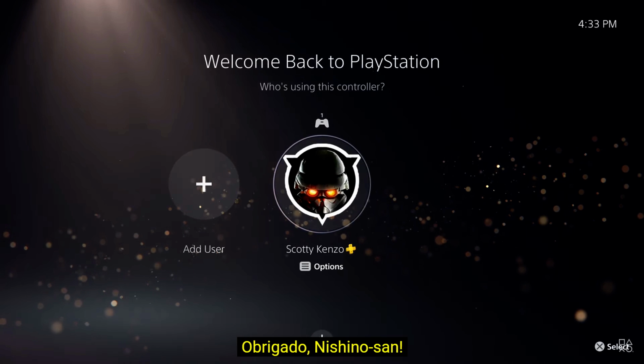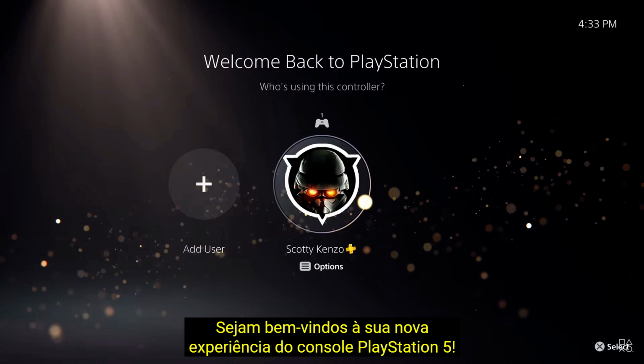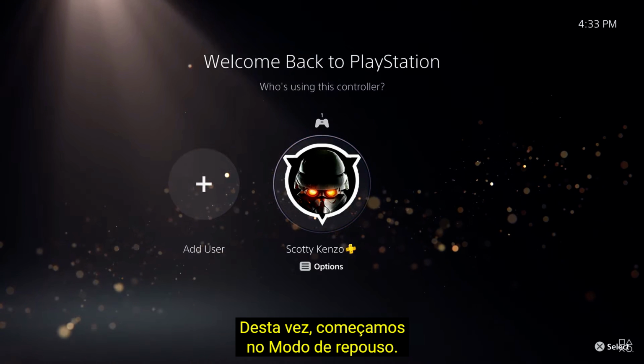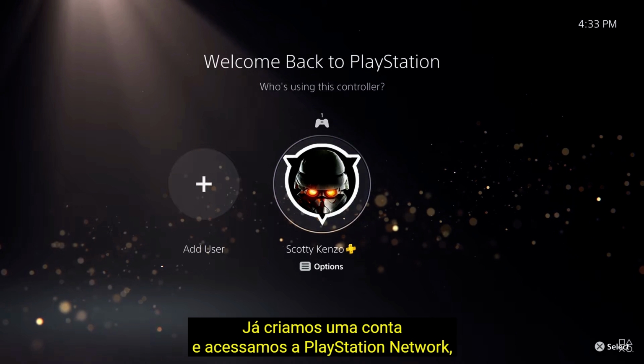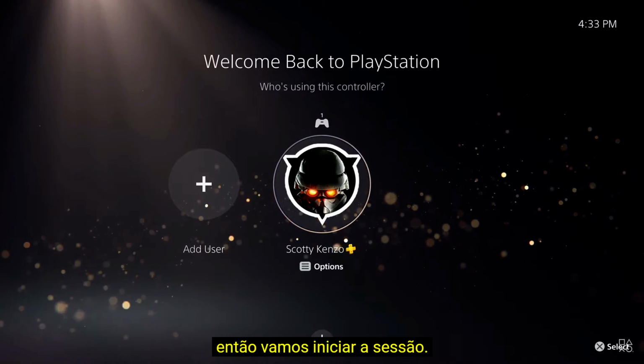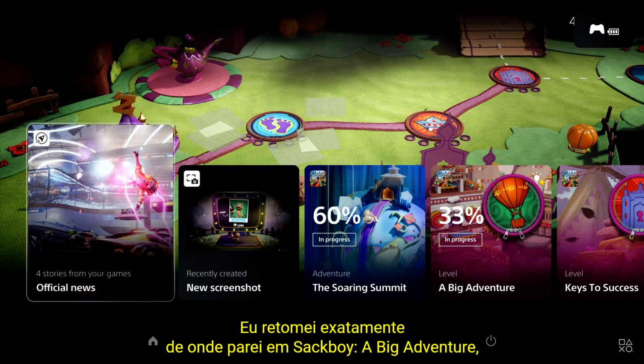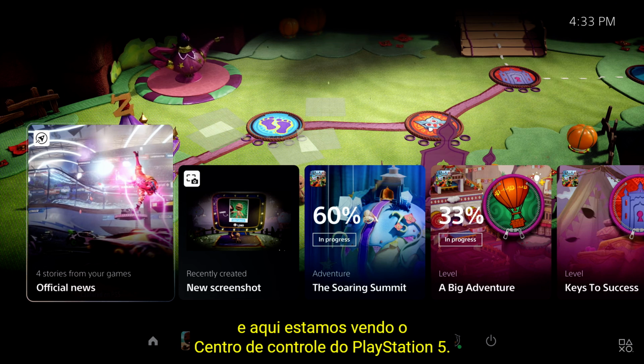Thanks, Nishino-san. Welcome to your new PlayStation 5 console experience. This time, we've started up from rest mode. We've already created an account and signed into PlayStation Network, so let's log in. In this case, I've resumed right where I left off in Sackboy: A Big Adventure, and here we're looking at